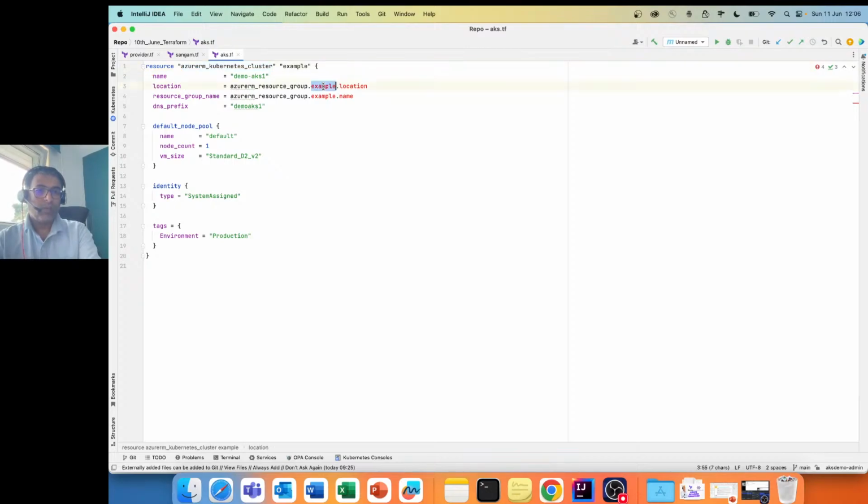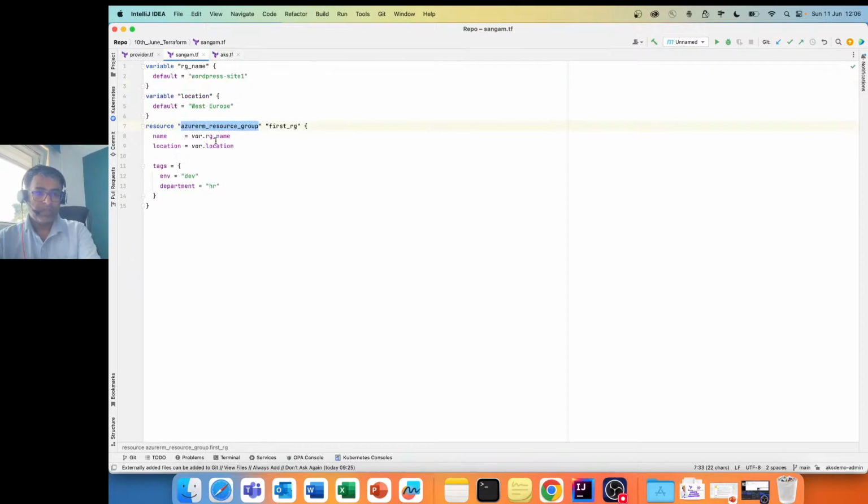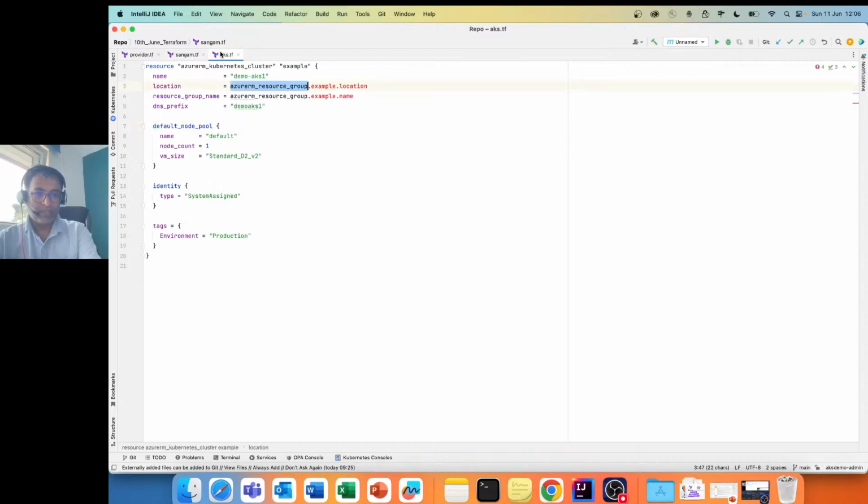Okay. So I wanted it to be the same as our resource group. That is the reason we are doing this linking. So we'll copy this resource group and paste it over here. The same thing, resource group name, we'll pick it like this only. Okay. So if you see, the red color is gone, meaning it has resolved the issue in our